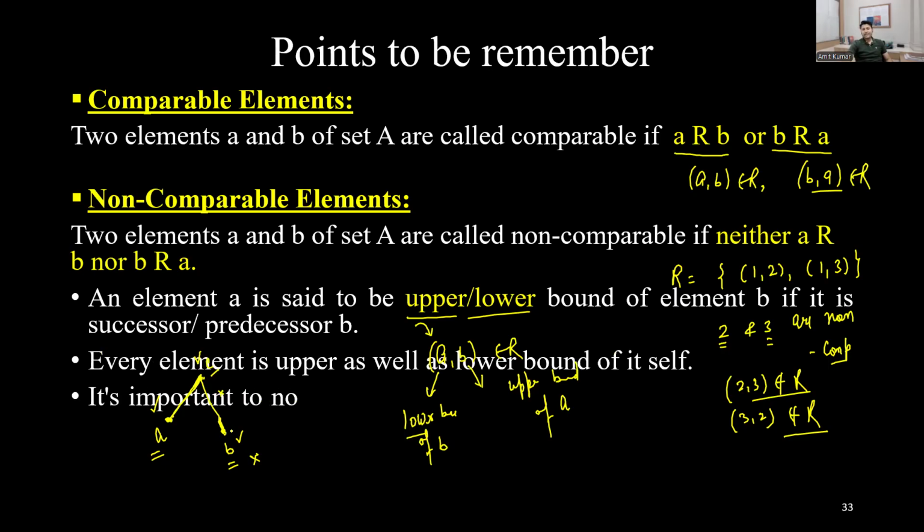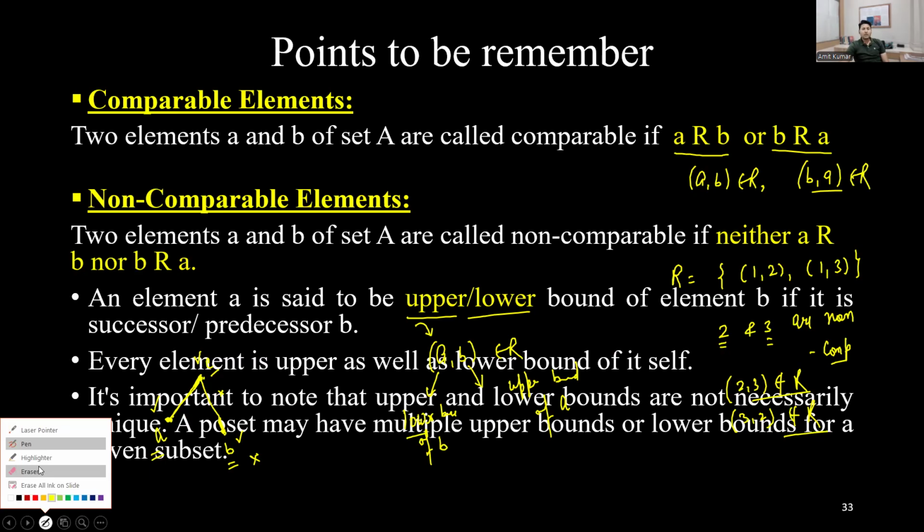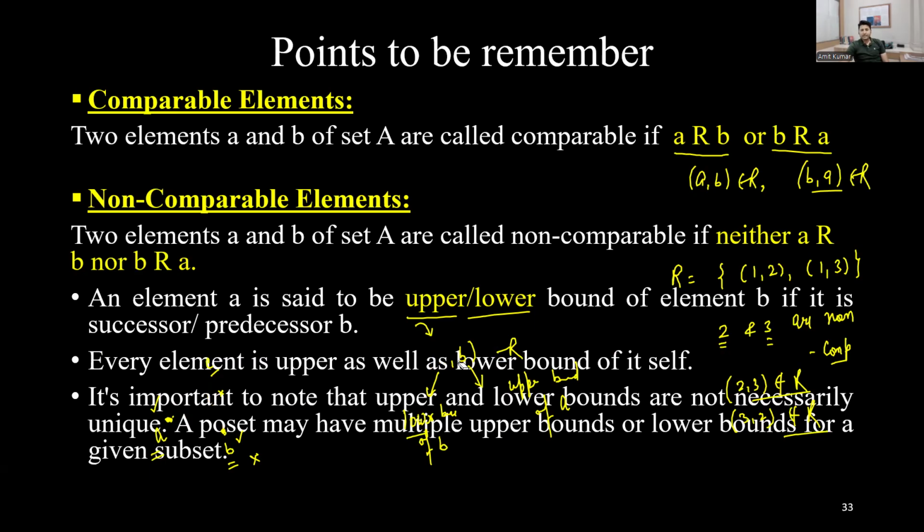In the same manner, every element is an upper bound as well as a lower bound of itself. Let us see what exactly is written. Since the relation is reflexive, we are talking about the poset, and a poset is always